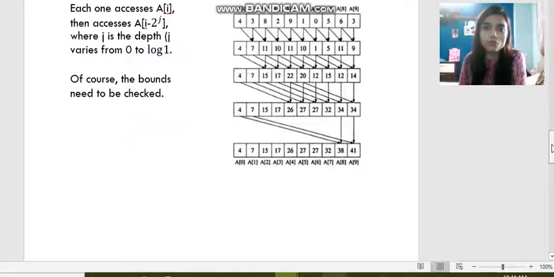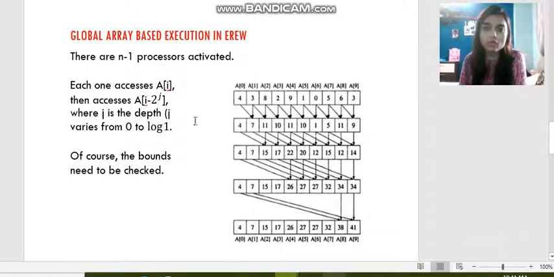Let's see that we have 10 values, and those values are 4, 3, 8, 2, 9, 1, 0, 5, 6 and 3. Now we have to perform the prefix sum. So initially how many processors will get activated? There will be n-1 processors activated to perform the prefix sum on these 10 values.